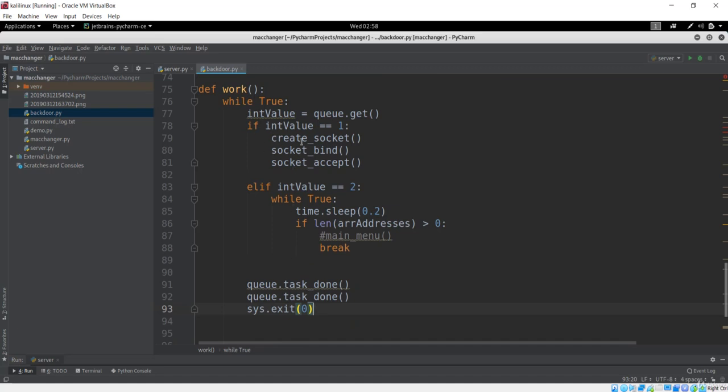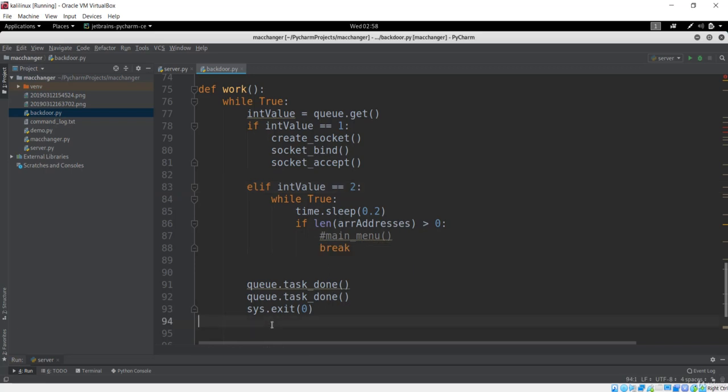If there was a 1, basically we created the connection. This 2 is for the menu. The menu is basically to do some tasks, maybe something like taking a screenshot of the client, giving a message, or opening a browser. So these integers represent those tasks. If there is a 2, that means we'll get the main menu, which represents the tasks that the user wants to do on the client, and basically this is the way to represent your work.